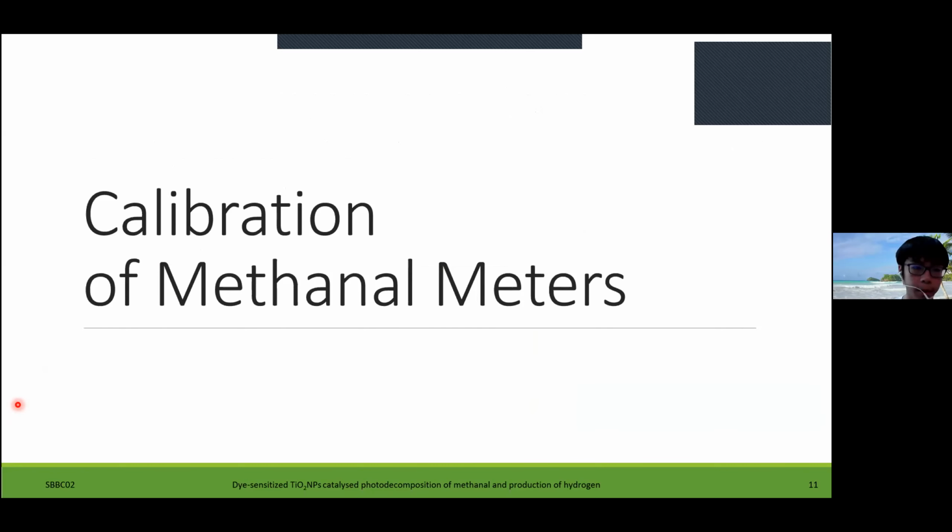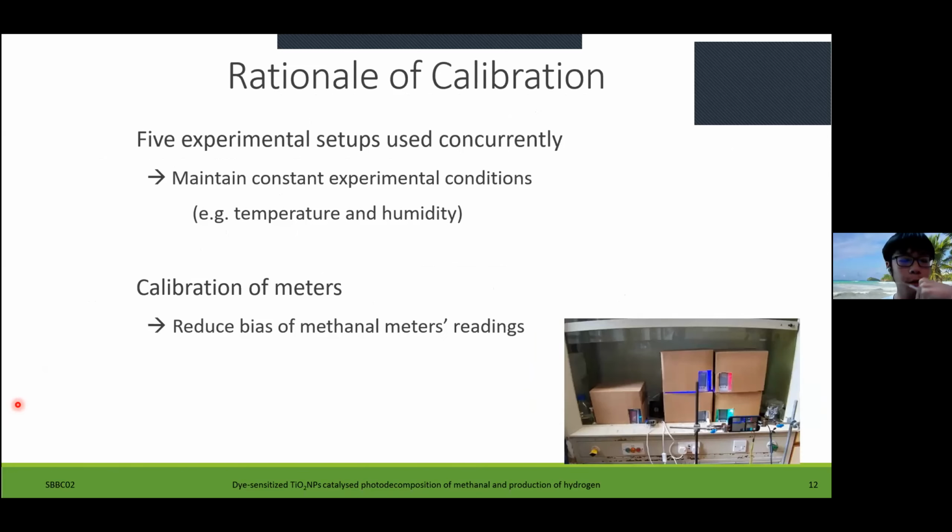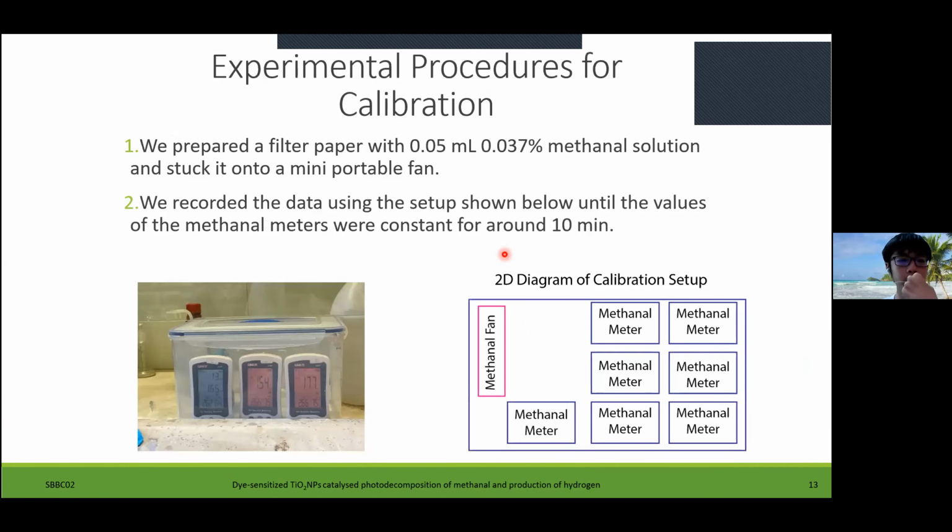And now I will talk about the calibration of the methanol meters. We use 5 experimental setups concurrently and to maintain constant experimental conditions, for example, the temperature and the humidity. And because the meters have different sensitivities, we need to calibrate them in order to reduce the bias of the readings. We prepared a filter paper with 0.05 milliliter of 0.037% methanol solution, and we stick it onto a